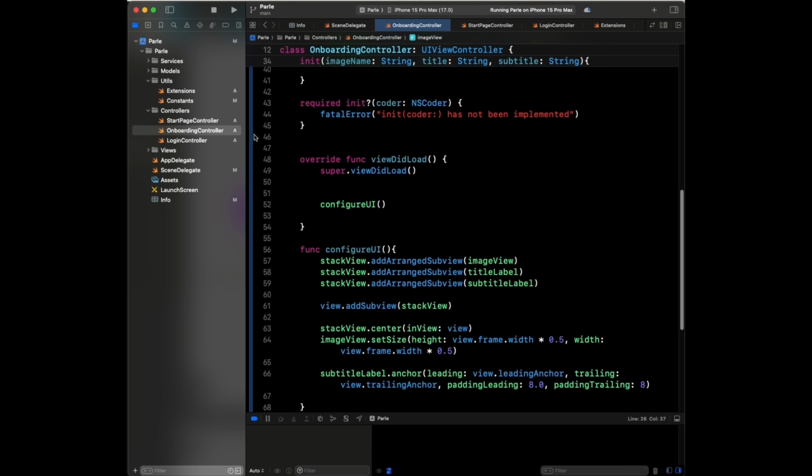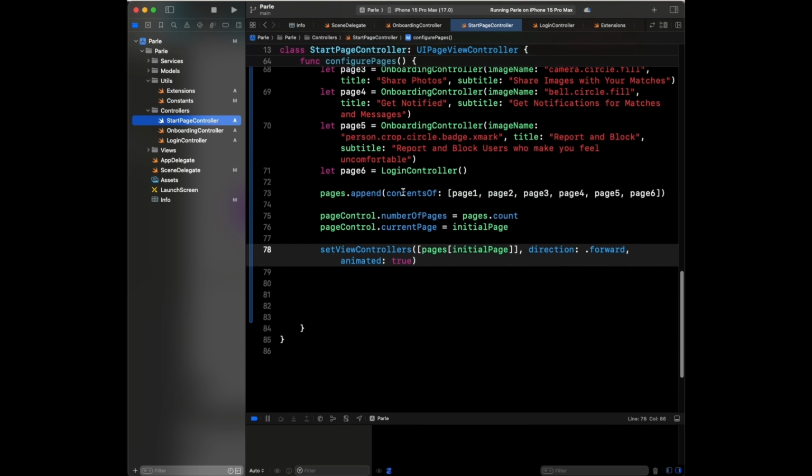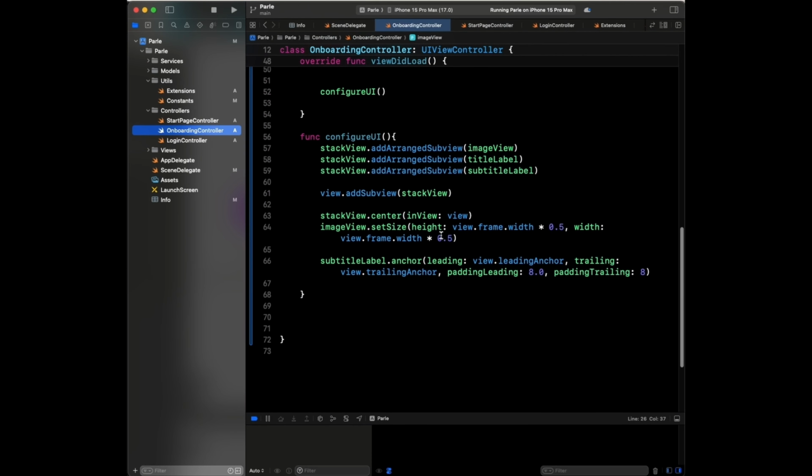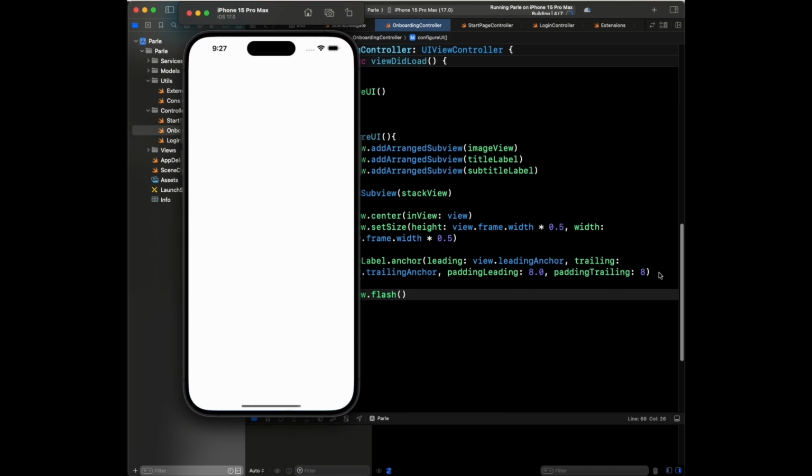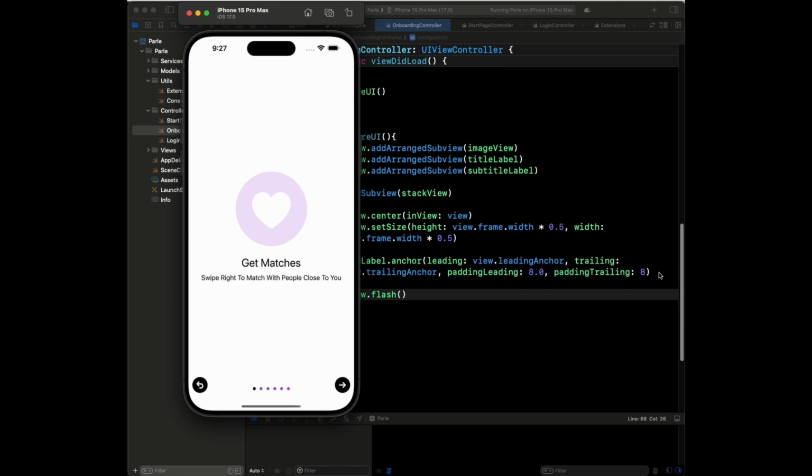So where we do that is, we probably come to the onboarding controller. That's where we do it. And here in the configure UI, we could just come where we're putting the image view, or whatever you called it, right? I called it image view. So we just need to come here and say flash like so, right? So if we reload this and run our app, we should see the image flashing,